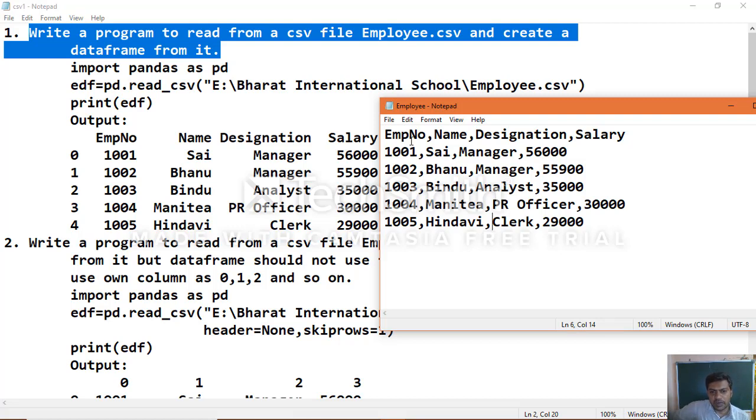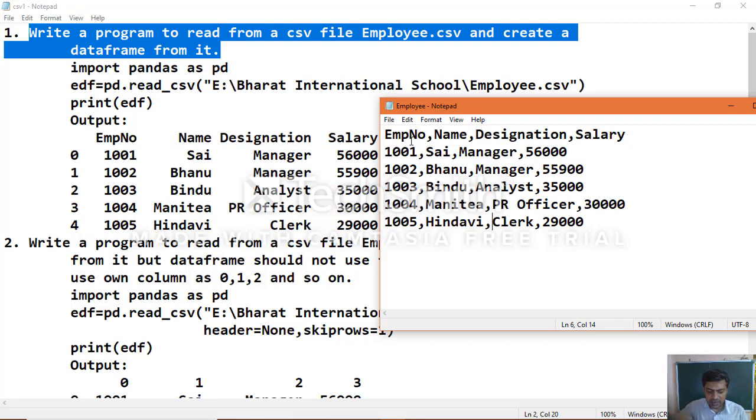You need to open a notepad on your computer and then type the data using the default separator which a CSV file uses, the comma. So that's why we call it comma separated values. CSV means comma separated values, which is a type of file format.